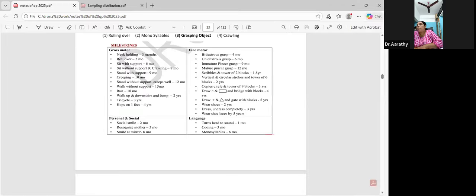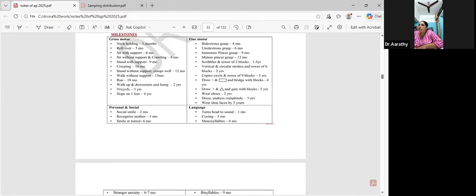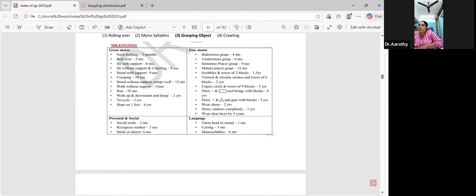You have to go through the milestones. It is a little bit hectic, or a little bit hard, to memorize all those months and years in order. But if you have small kids at home, or if you are a parent, then most of the things you might already know. Otherwise, do connect with some codes and try to remember all those